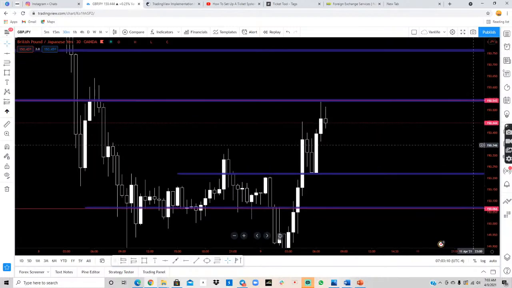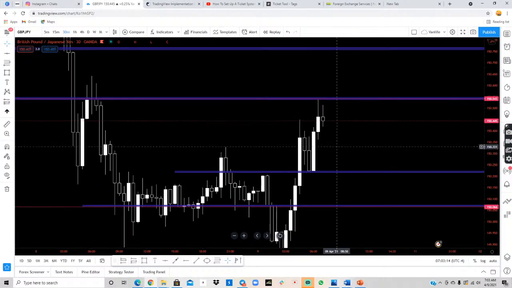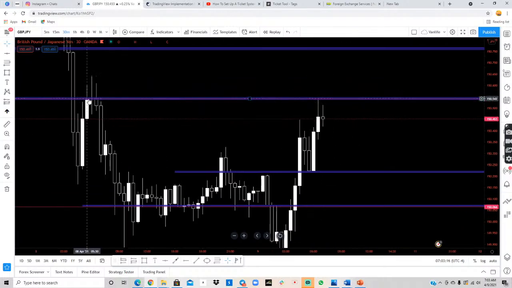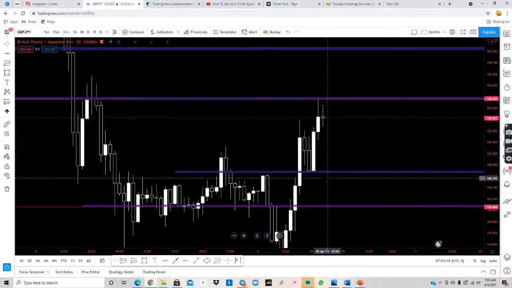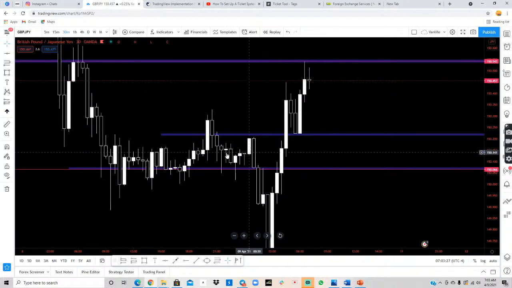Alright, so you just have to be patient and allow the market to do whatever it is doing, because if we can close above resistance and leave this current market structure, it increases the probability for price to continue all the way up to 157.65 with volume. If we break and close below support,